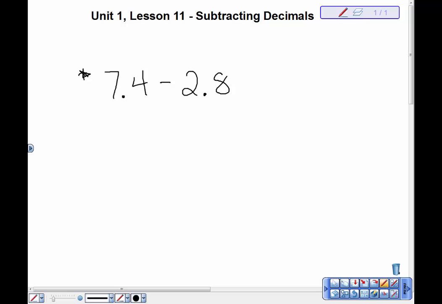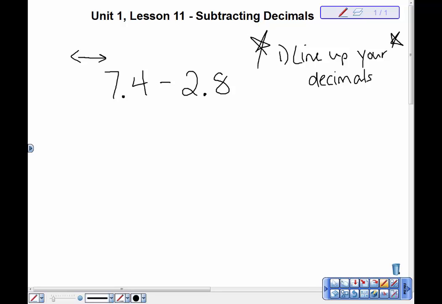Now, I have a problem right here on the board, and this problem is 7.4 minus 2.8. Well, the first step we learned in yesterday's lesson was that we have to line up the decimals. Line up your decimals. And don't mind my sloppy handwriting. When I see a number that is written sideways, left to right, I want to rewrite it up to down so that I can subtract it properly. What I want to do first is line up the decimals. So I'm going to write